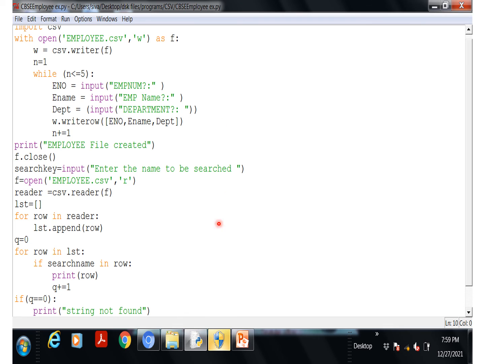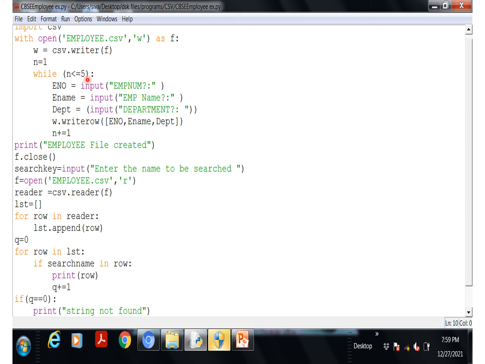Yes, I have given the screenshot of the question where both the write and the read options, that is both the codes, have been embedded in a single file, and you can see this is for the write option. Here I have given to get the input from the user. In the previous slides I have included the records, and here we are getting the inputs from the user. You can enter how many records according to the value n. This can also be got from the user, how many records you want to insert. This can also be included.